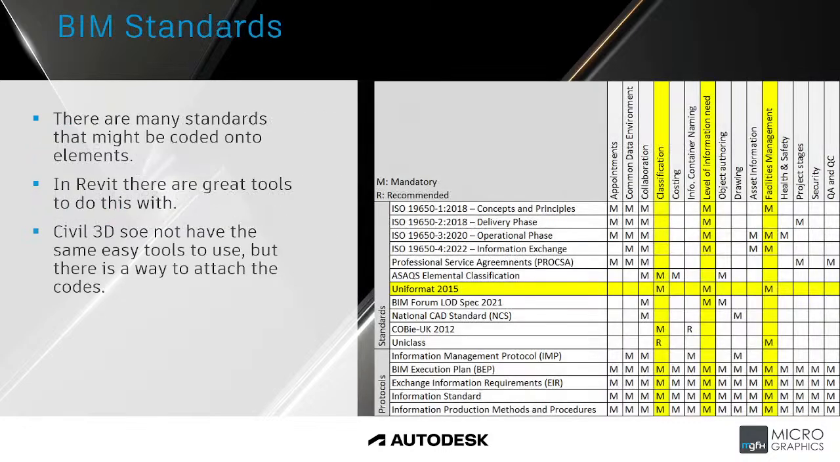Alright, so now let's start at the beginning. There are many standards that can be applied within a BIM project. So in this case, you can see, for instance, that there are some purposes of why we might want to apply standards. One of them might be during the appointments of task teams and appointed bodies,